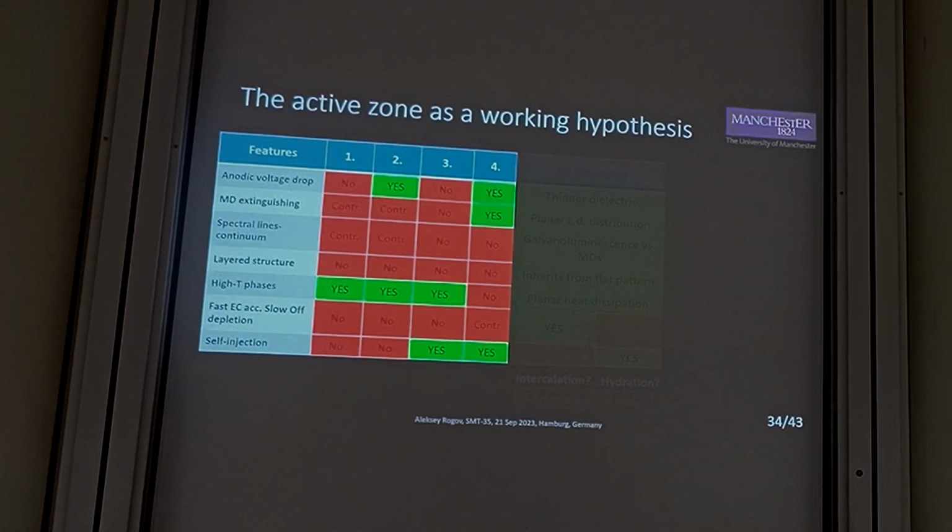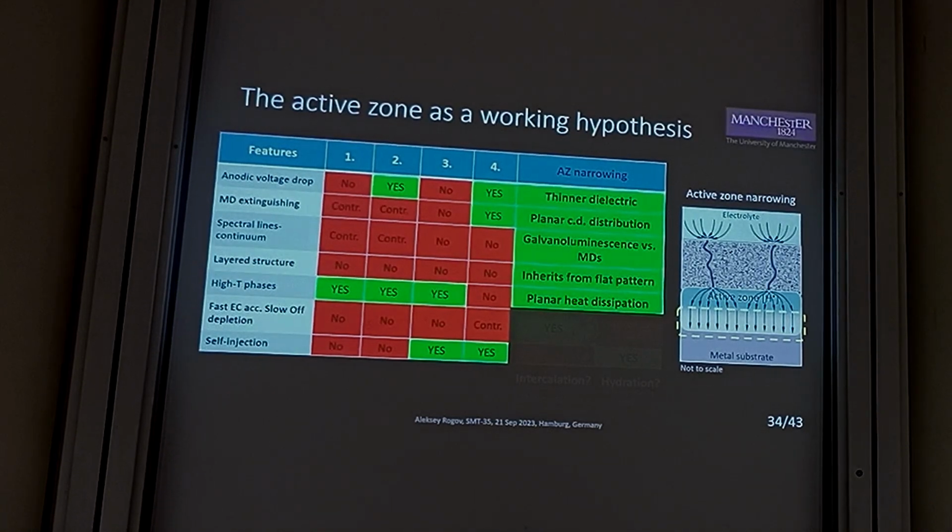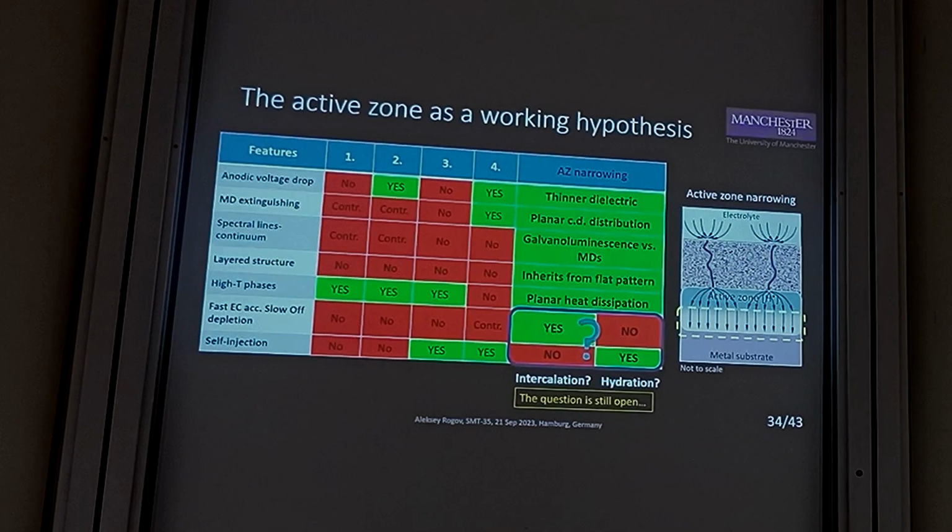So if we again compare the suggested active zone narrowing approach with previously suggested ones, we will see that it is capable of explaining the most characteristic feature of the bipolar PEO process. However, we still have a question about what is really happening there. Is it a hydration, or some intercalation, or maybe something else? The question is still open, but it's still a fruitful model because it helps us to predict the behavior of the